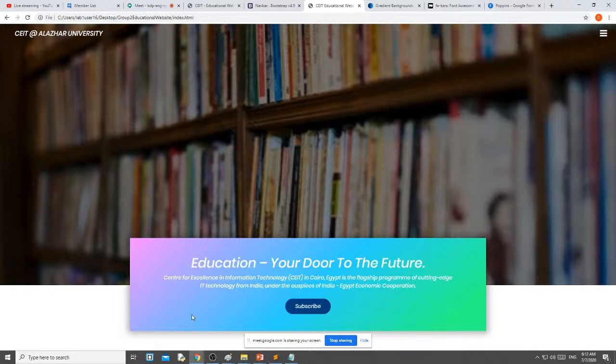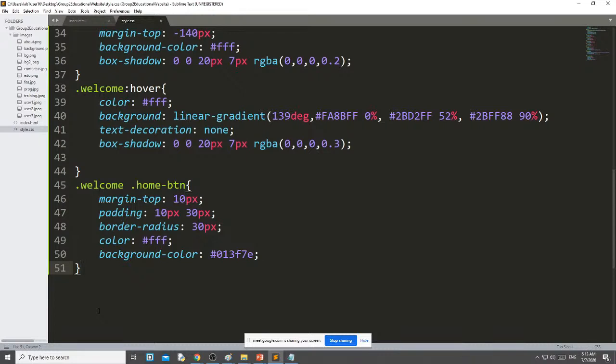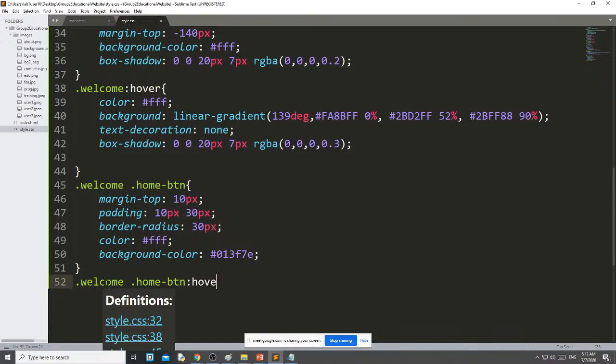Then what I want is that when I hover the mouse over the button, I want to change the background color and the text color. Then again the same thing, I just copy the whole thing, paste and hover.